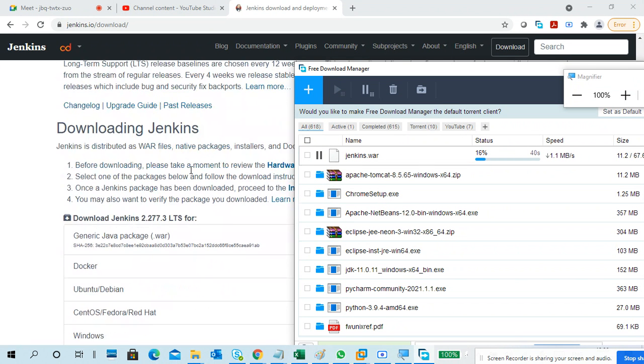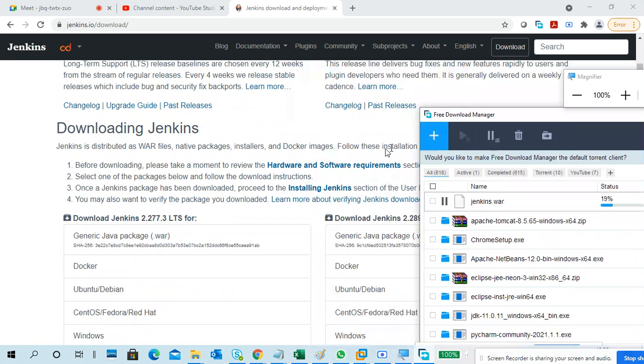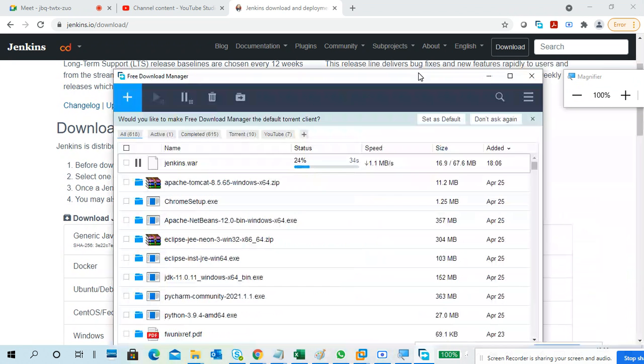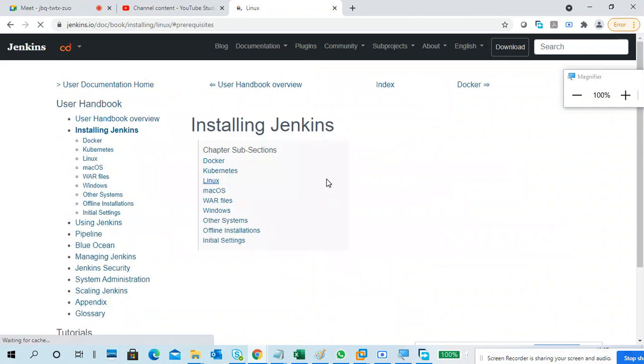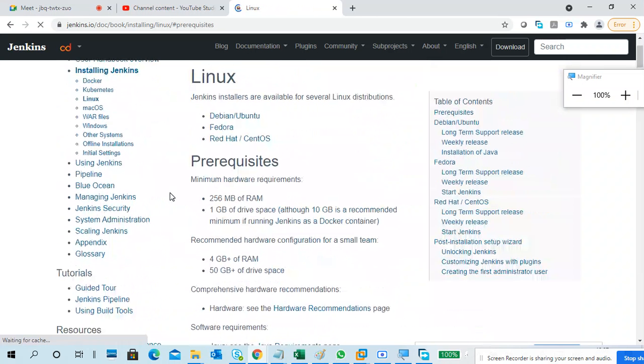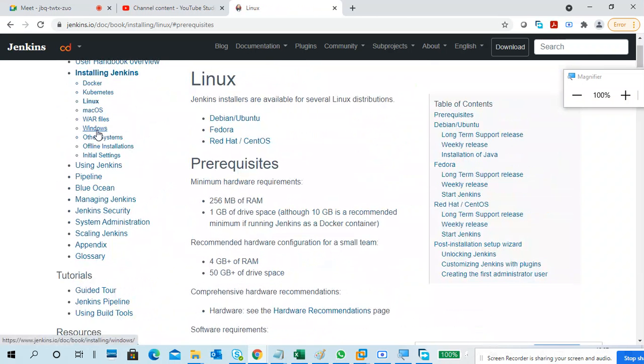Okay, and also you can go through these things, the software and hardware requirements for installing Jenkins, or you can go to Installing Jenkins. I am installing in the Windows operating system. Sorry, I am installing the WAR file.